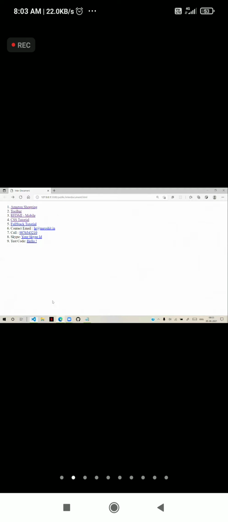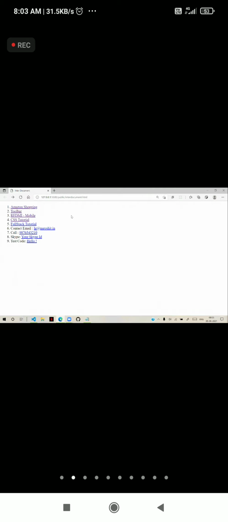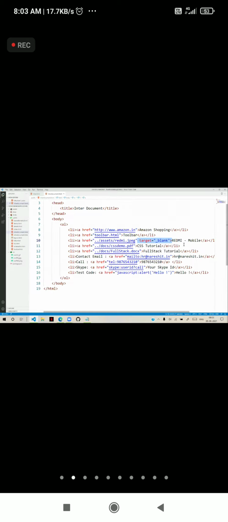So when I click on Redmi, it will not disturb the current page. It opens in a separate tab without disturbing the current page. But in interviews, they ask, I don't want it in a separate tab. For a separate tab, you can use target blank. Target can not only be blank, it can also be a frame or iframe, which I will tell you in the next examples. So here they ask, I don't want it in a tab, I want it in a separate window.